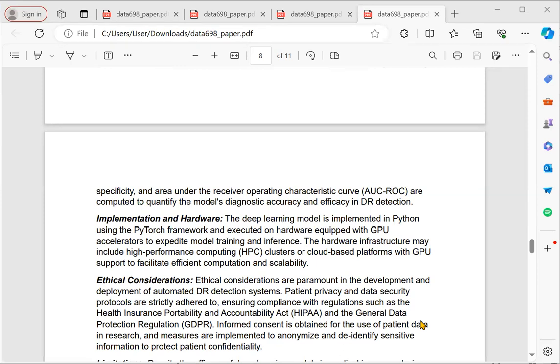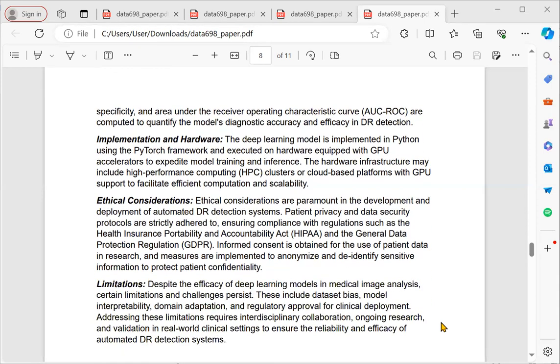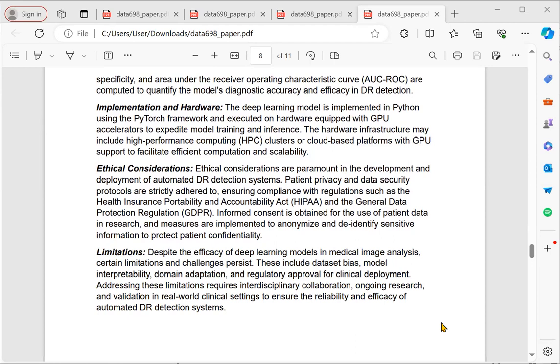Ethical considerations: ethical considerations are paramount in the development and deployment of automated DR detection systems. Patient privacy and data security protocols are strictly adhered to, ensuring compliance with regulations such as the Health Insurance Portability and Accountability Act and the General Data Protection Regulation. Informed consent is obtained for the use of patient data in research, and measures are implemented to anonymize and de-identify sensitive information to protect patient confidentiality. This is the main concern, because we don't want to let everybody know about a patient's retinopathy. Compliance with HIPAA is strongly recommended. Yeah, it's very